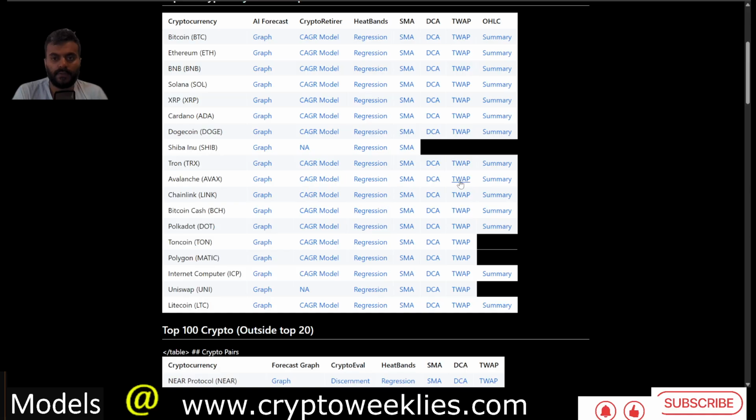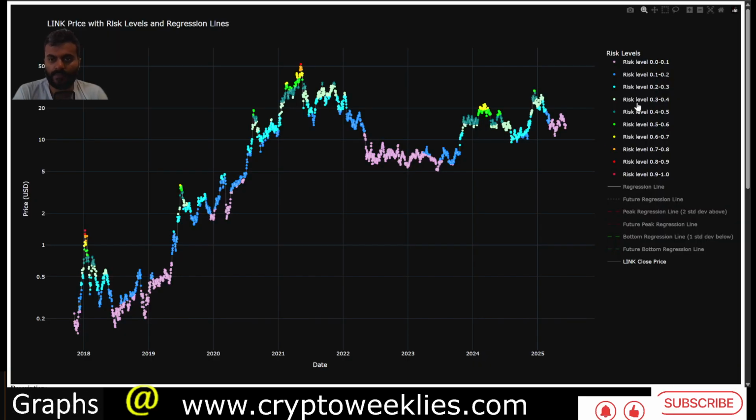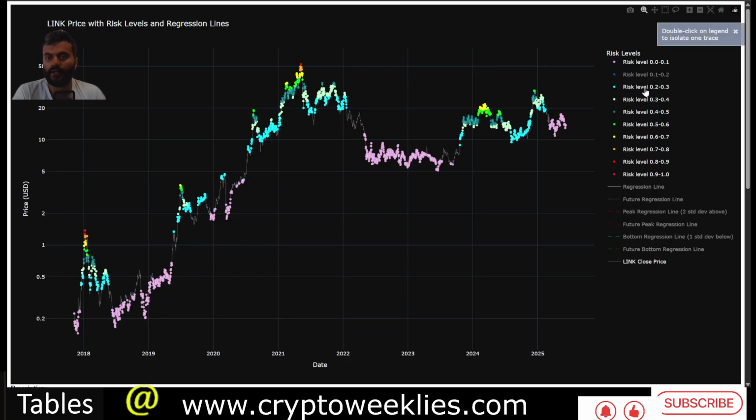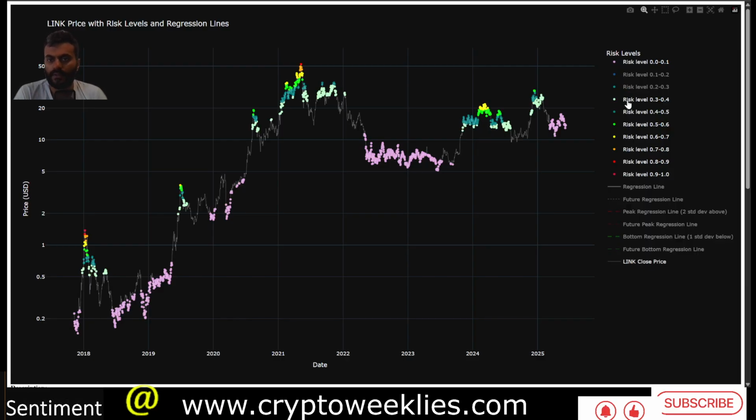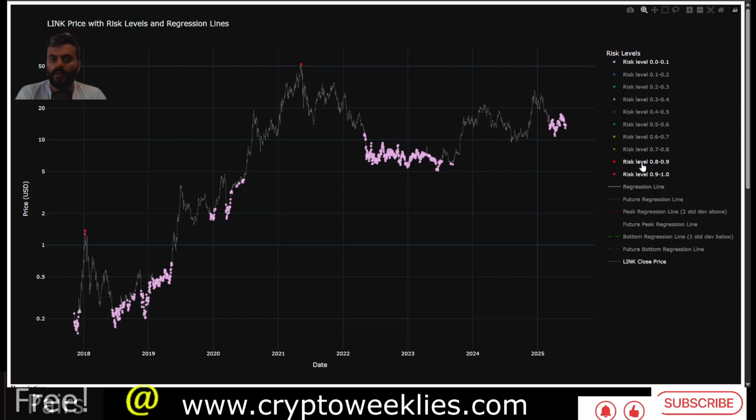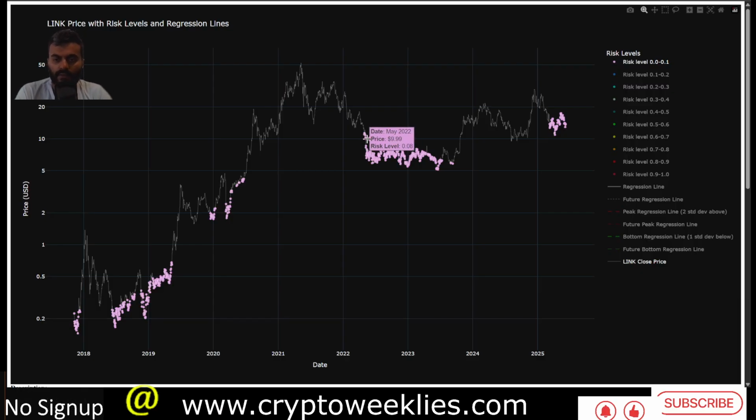Overall, the DCM model, again from the risk perspective right now, is signaling close to zero risk. Again, this model identified a great accumulation range. Again, you can see over here, whenever the risk is less than 10%, especially in 2022 and in 2023, this model did a phenomenal job to identify where the risk to DCA was the least, essentially between May 2022 till September 2023, with this purple color guidance.